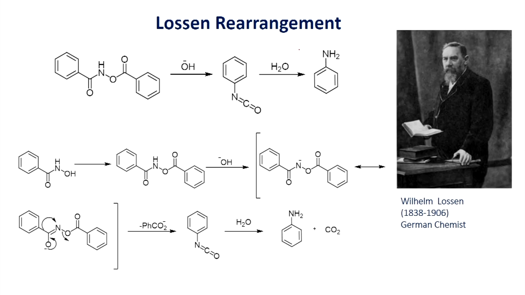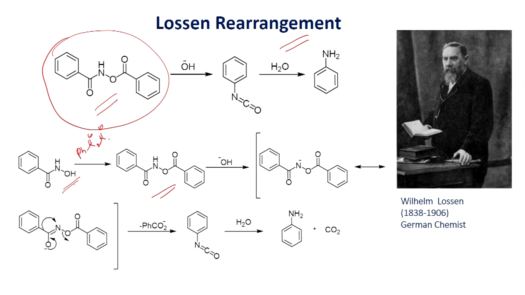Now, let us look at the Lossen rearrangement. The difference between the previous and this one, as you can see, is that this amide derivative has been used as the starting material, and this can be made if you have this hydroxylamine derivative. When you react with, for example, in this case, this acid anhydride, which can undergo addition reaction, you will be able to form this intermediate. This is the starting material in this case.